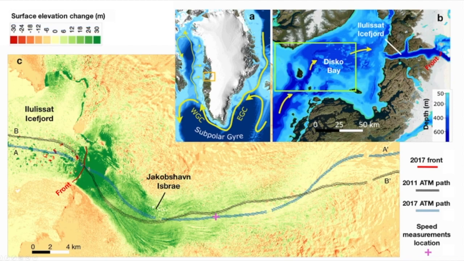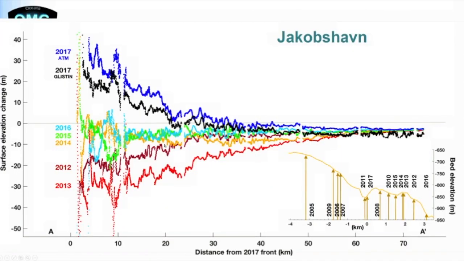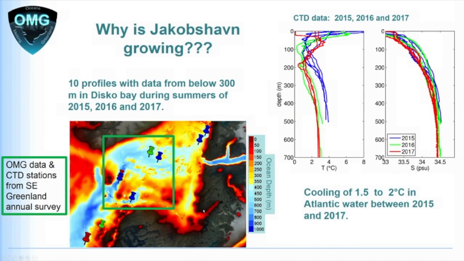So suddenly, this glacier, which has been retreating very steadily for the last 20 years, since the late 90s essentially, has begun to advance and thicken. And the question is why? And so we did a pretty exhaustive analysis. Here's just a profile up and down the glacier showing the change from one year to the next. And between 2016 and 2017, you see this very significant thickening, which didn't happen really any time in the last 20 years. But if we look carefully at the oceanographic data, we begin to get a clue